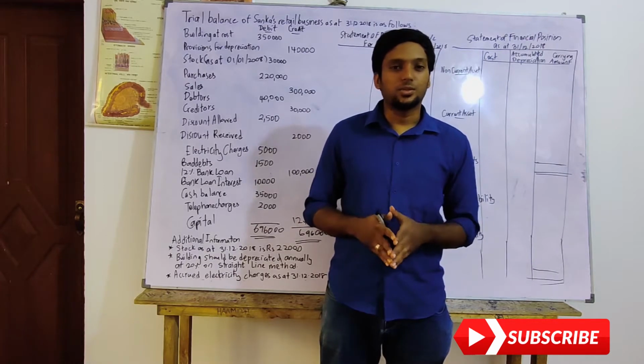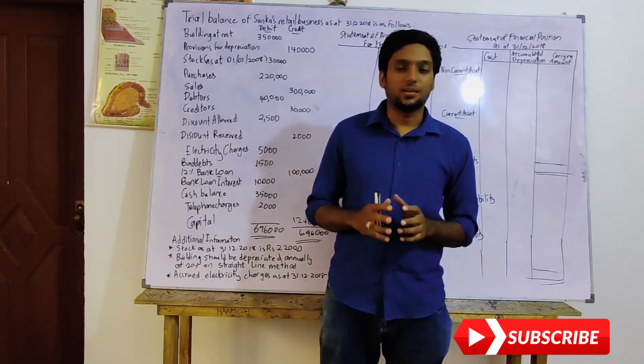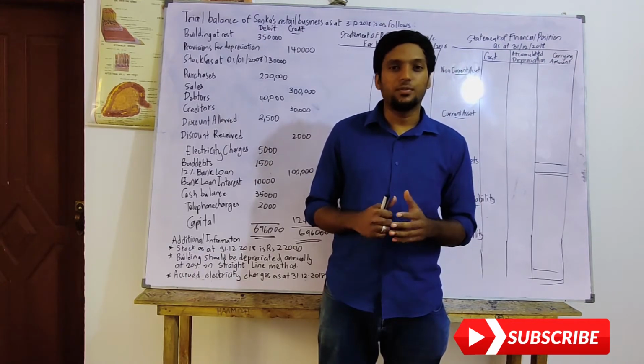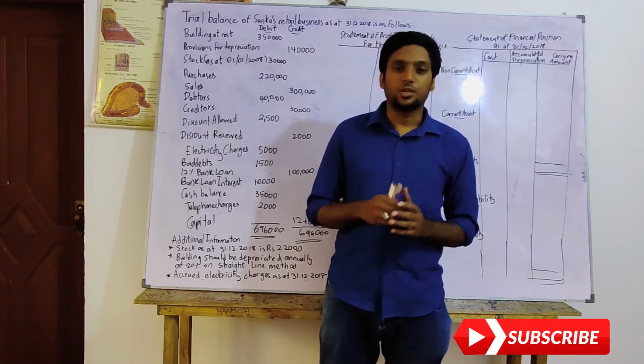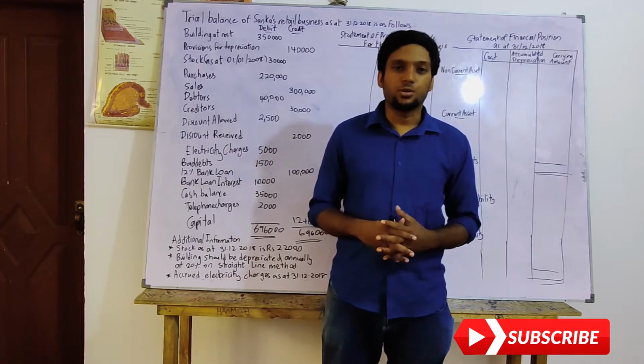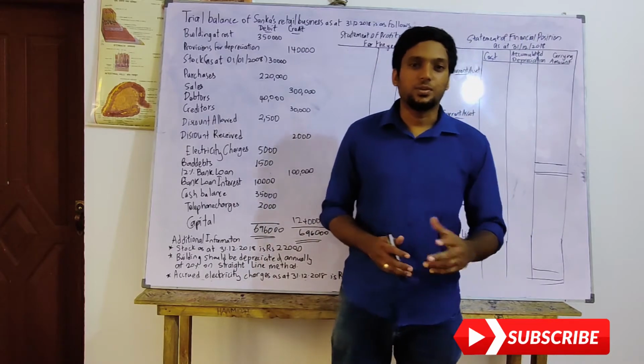So today I'm going to teach you the easy techniques to do a balance sheet and a profit and loss account. This can be tested in paper 1 for 5 MCQs or 6 MCQs, and also in paper 2 most of the time it is tested on question number 7, Roman number 2 or Roman number 3. Let's start now with this sum.